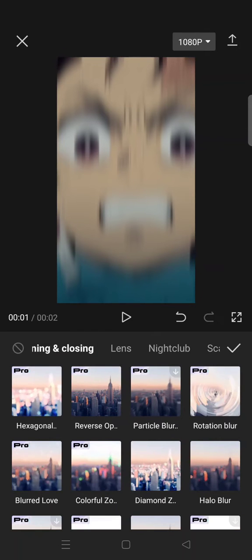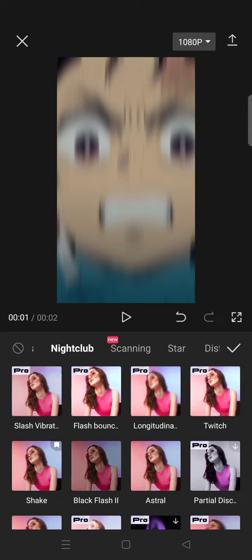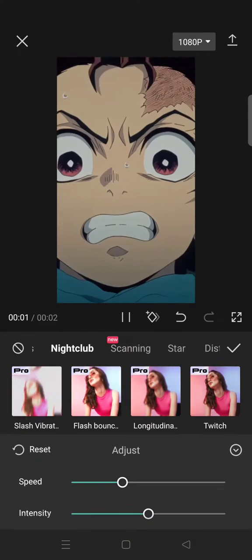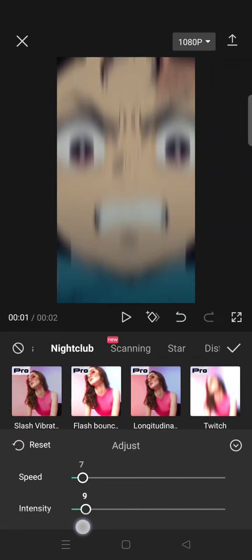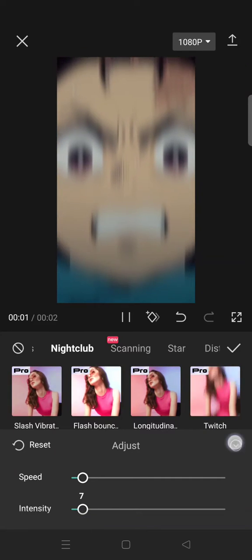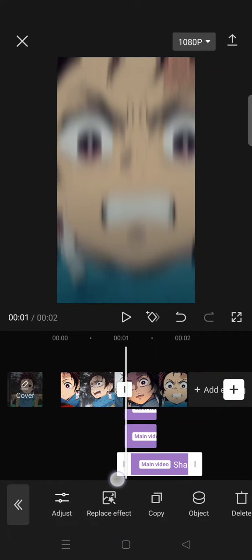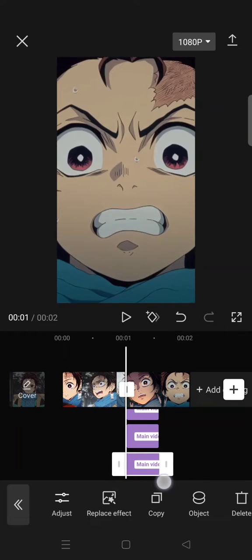Now you can just add the shake effect under the nightclub category and adjust the speed and also the intensity to 7. Okay, put it under the vertical blur effects